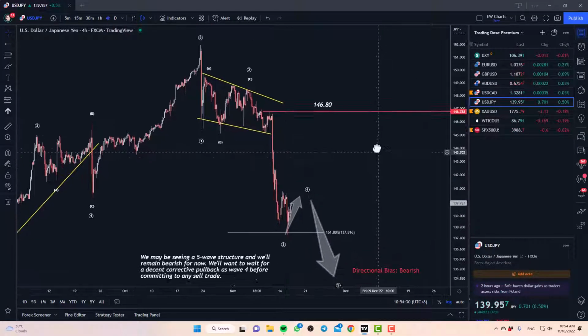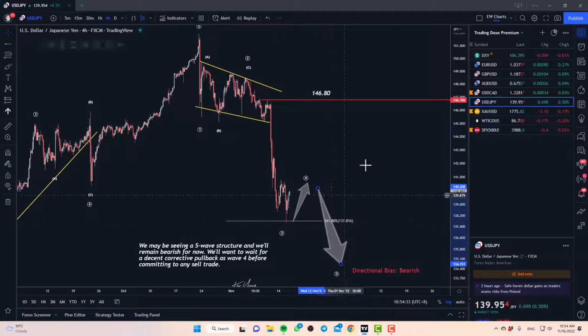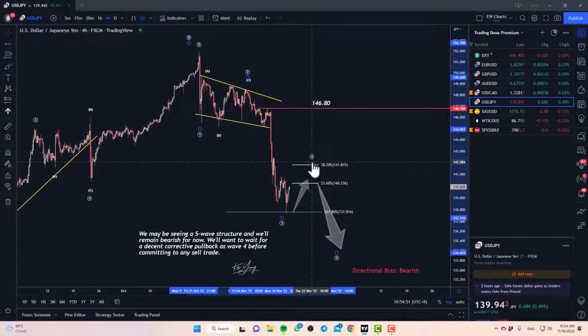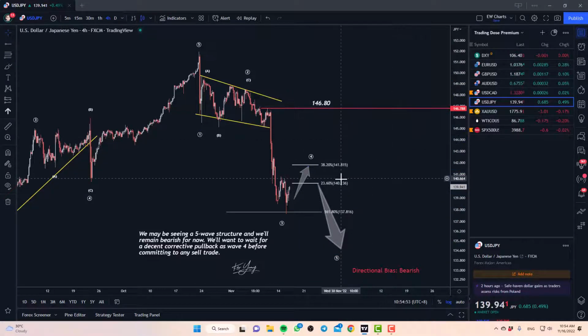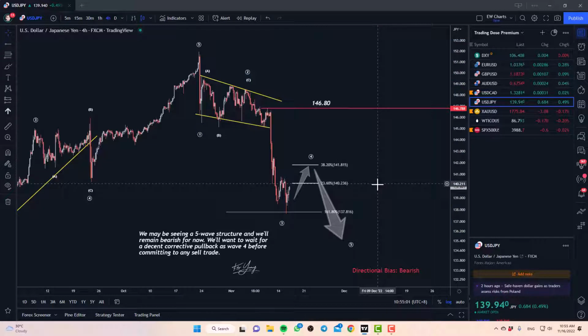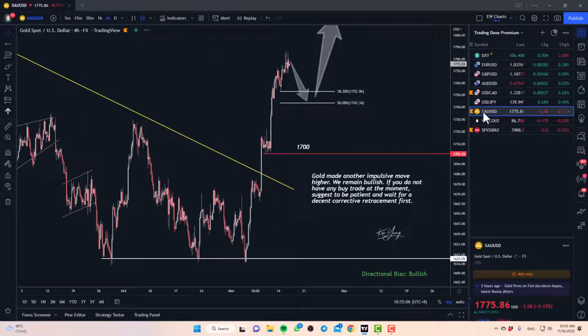Dollar yen here is quite similar in terms of the wave count expectation, right? So from the top over here, we have a first move, and then a running flat, and then this is the wave 3 coming down to 1.618. So as of now, we're expecting that wave 4 to develop. Okay, and if we put in that fib, again, wave 4 most of the time comes towards 0.236 and 0.382. So we're going to give it a bit of time. If the development moving forward from here is corrective in nature, then next week we have an opportunity to sell the dollar yen further to the downside. Okay, so give it some time.